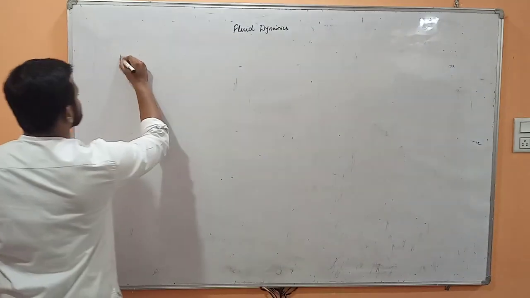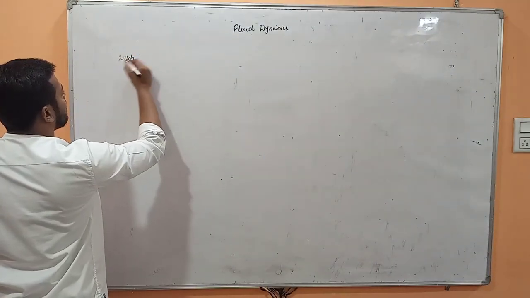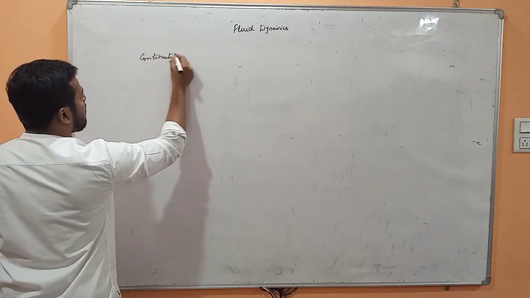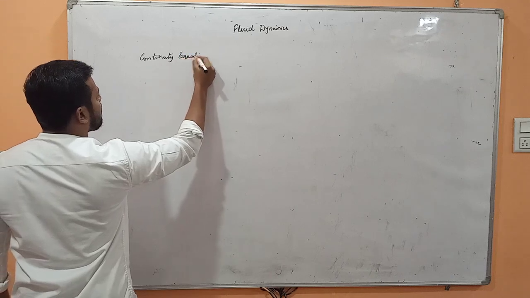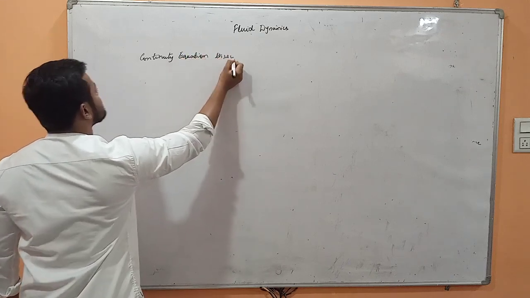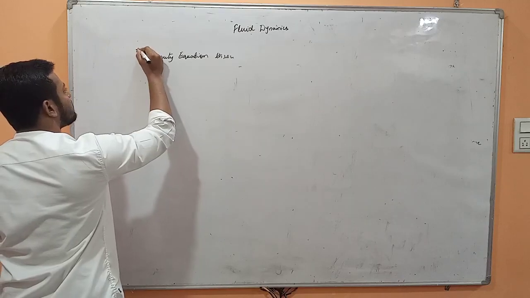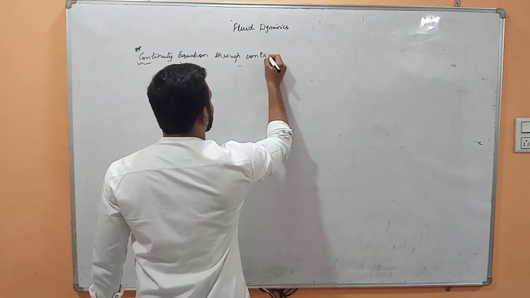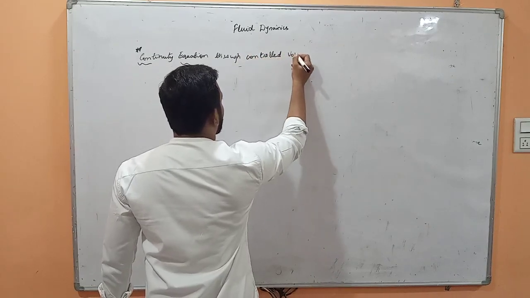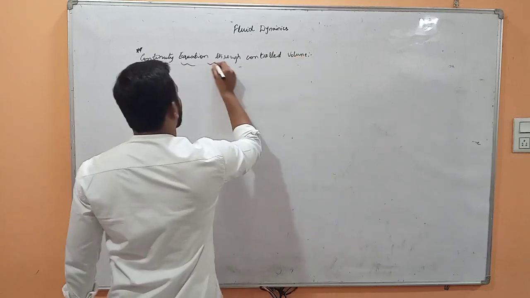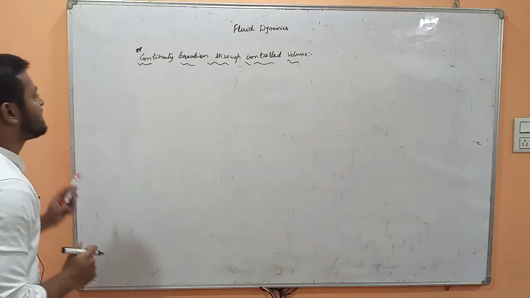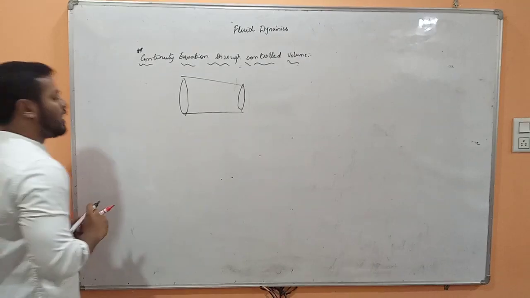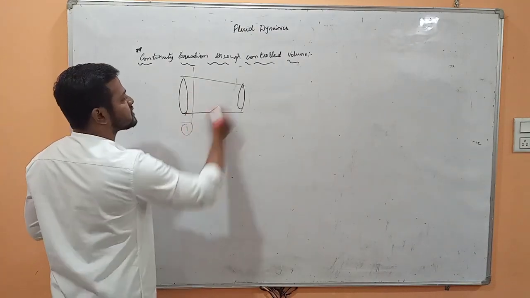Next is discharge or continuity equation through controlled volume. This is usually asked in short answers for 2 or 3 marks. Continuity equation through controlled volume. So let's say we have a pipe, some non-uniform pipe section, and you have got two sections, section 1 and